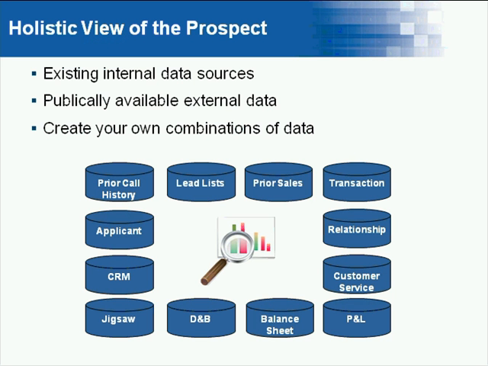There's really two types of data. That which is available at the time you're making a call, and then the performance or the result information that you have once the call has concluded. And really here, when we're talking about this view of the prospect, we're mostly talking about data available just prior to making the call, the real-time, up-to-date profile information about that prospect that you can use to make better decisions on how to handle the sales approach.